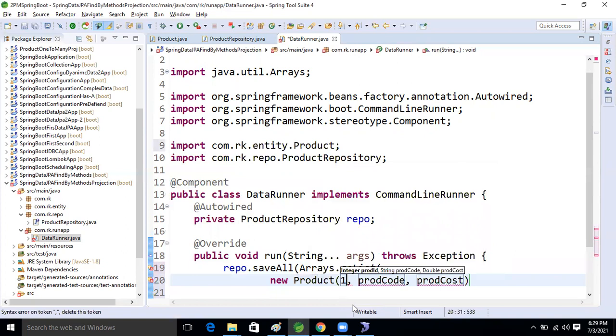First one I'm picking is 101, one zero one.